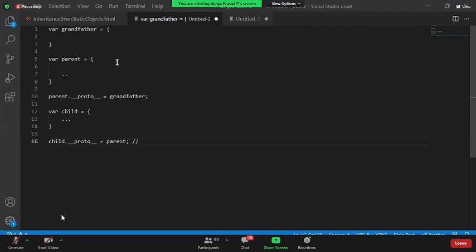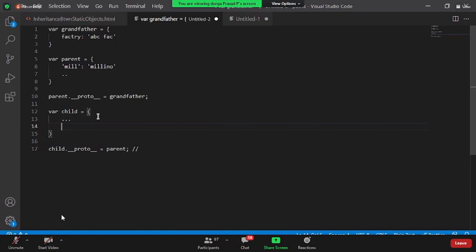His question is: now the grandfather is having something called a factory, ABC factory. Now he is having something called a mill, some mill info. Now when I say child, he is having some car, car info.